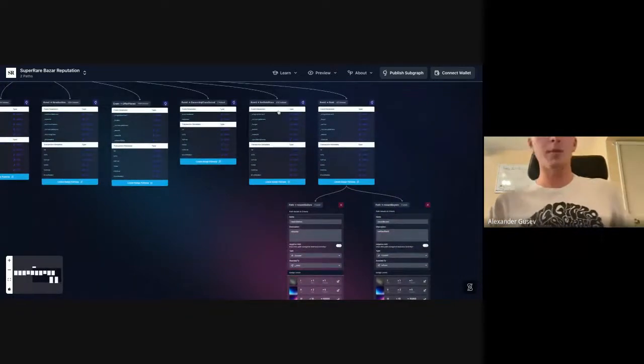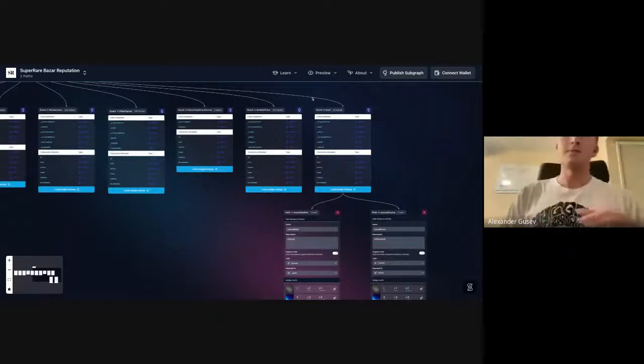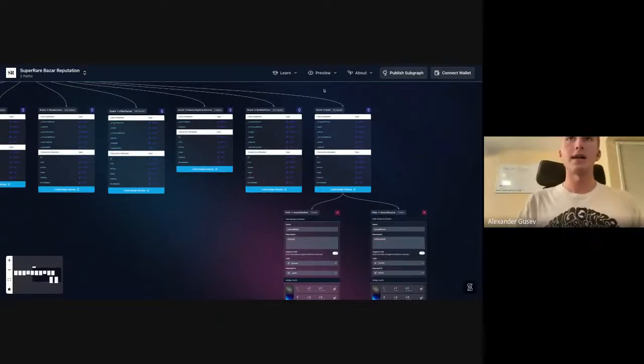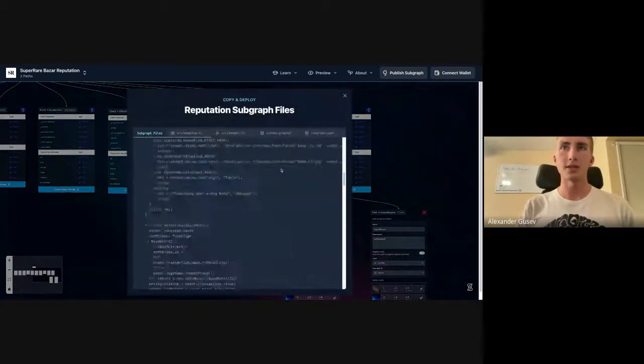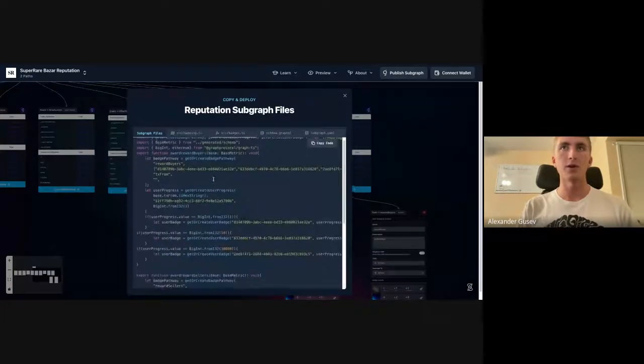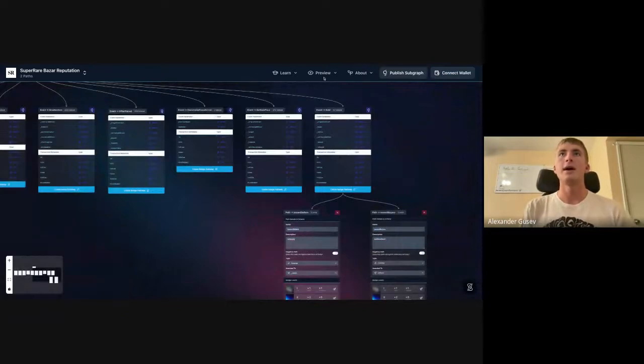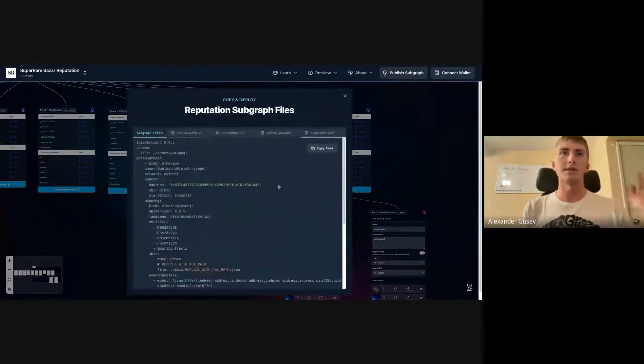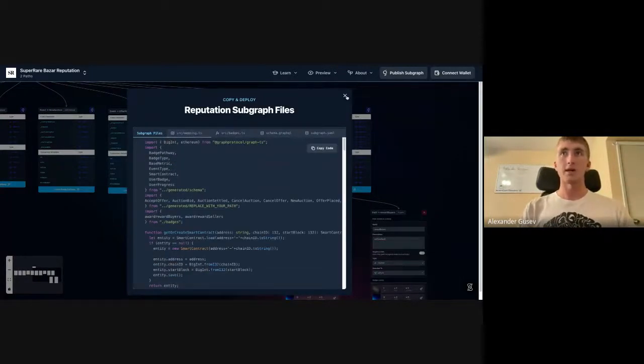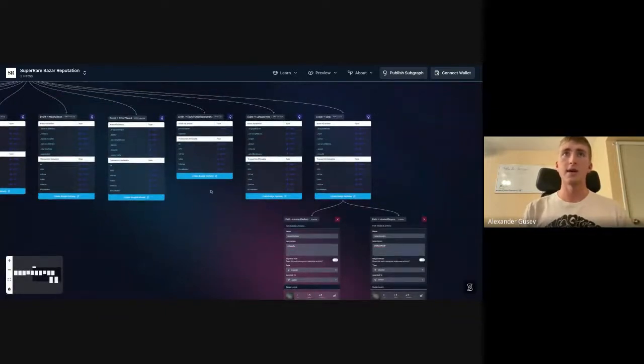Oh, actually, I'm forgetting a very important piece about all this. This nice fancy GUI is fine, but how does this actually relate to subgraph development? Over here in the preview tab, you can see that this dynamically generates all this subgraph code for you. So you can copy it, or ideally we're writing some backend stuff to allow people to deploy to The Graph's decentralized network from a single push with this publish subgraph button. This basically abstracts away all of the subgraph development you need to start writing subgraphs for tracking a protocol or set of different contracts, so you can start defining pretty complex and expressive reputation.